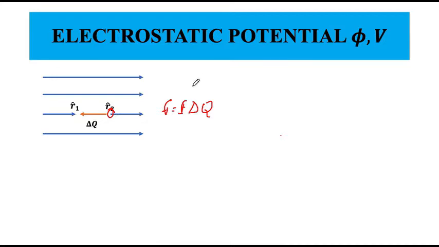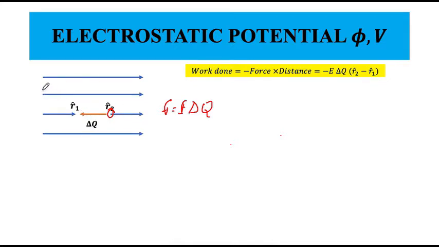If I have to move the charge from one point to another point, what would I have to do? I have to perform some work. In which way am I performing the work? I am moving the charge against the field, from R2 to R1. The field is pointing to the right side, but I am trying to move to the left side. So I have to expend some energy. I have to perform some work in order to move my charge.